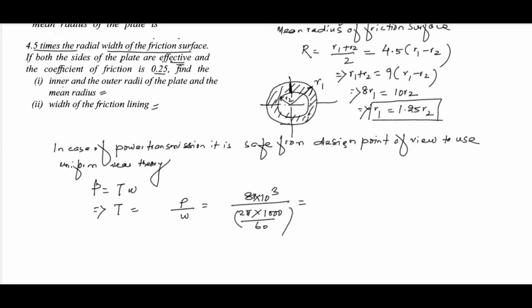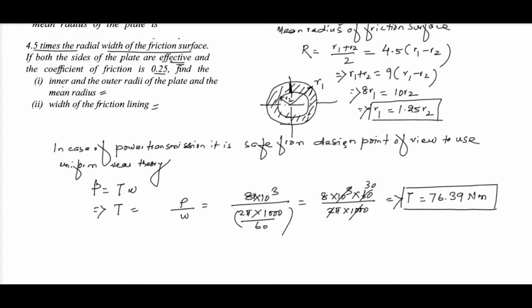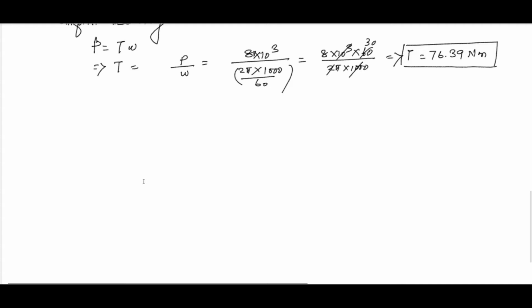Okay, so we have 8 into 10 to the power 3 into 60 divided by 2 pi into 1000. So this gets cancelled out, this becomes 30. So your T will be 76.39 Newton meter. Okay, we got the torque. Now this torque